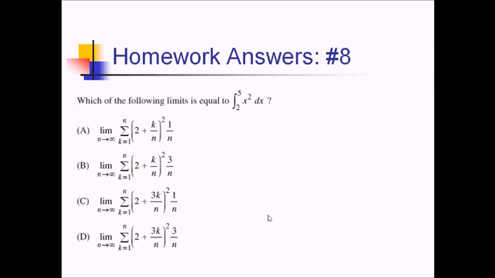For number 8, I'm trying to find out which of the following limits down here is equivalent to the integral from 2 to 5 of x squared dx. So I'm basically being asked to convert from definite integral to Riemann sum limit notation. So in general, I'm looking for something of the form limit as n approaches infinity of the sum from 1 to n of f of xi delta x. I need to figure out this xi so that I can plug it into f, and I also need the